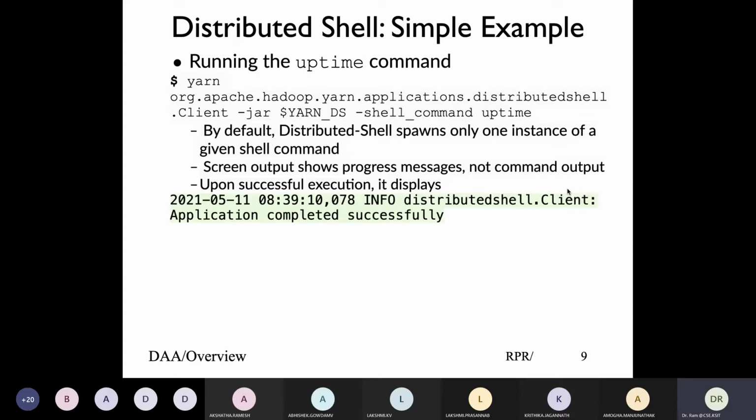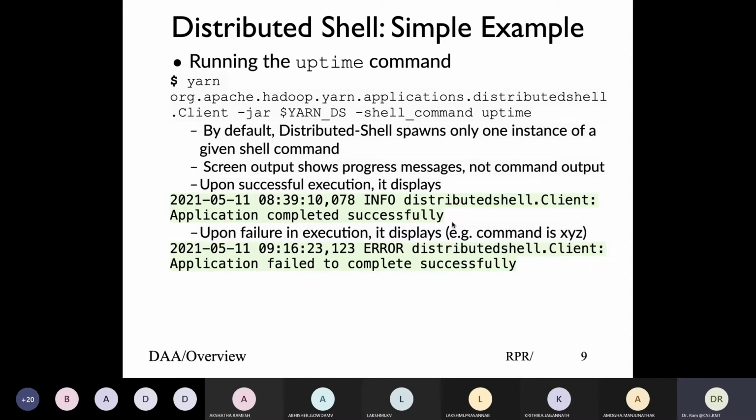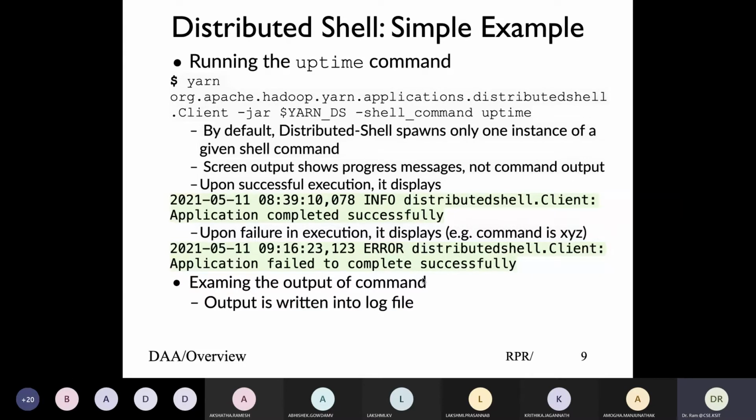If it succeeded, the last line will indicate distributed shell client application completed successfully. If the command could not be executed, you'll get an error, distributed shell client failed to complete successfully. So you look at completed successfully or failed to complete successfully, that's the message you get.